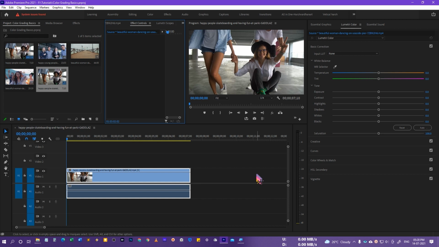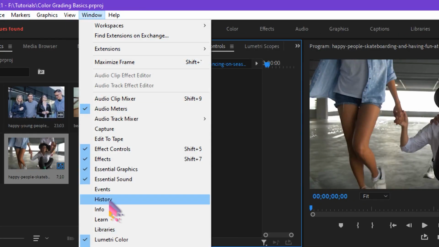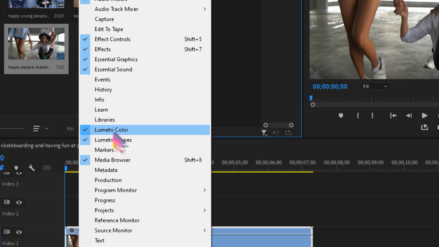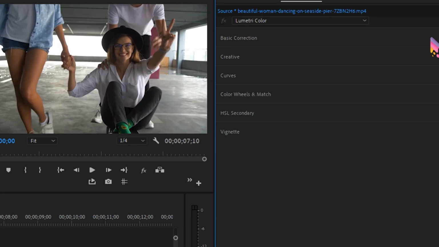The first thing you need to do is open any video clip in Premiere Pro on which you want to do the color grading, and thereafter you need to have access to the Lumetri Color panel, which is right over here. If it is not shown, just go to Window and then select Lumetri Color, and then it would show somewhere around here. All right, and then we have the different options over here.